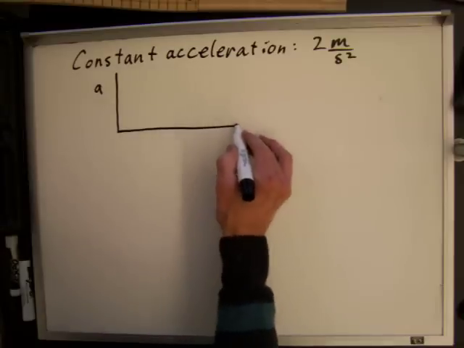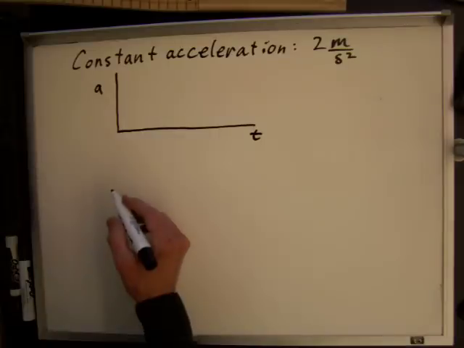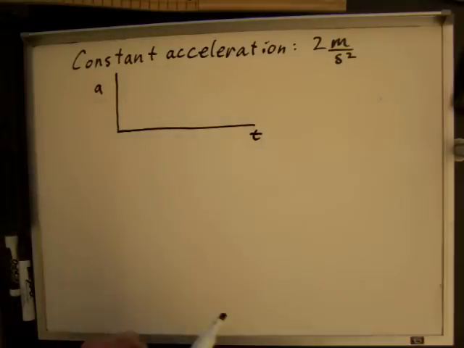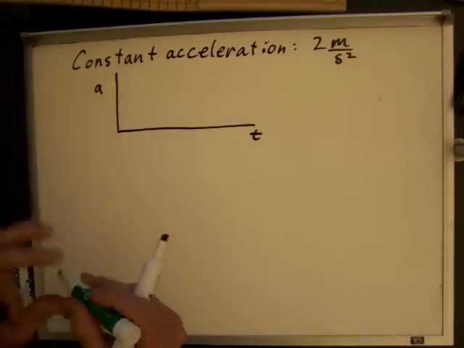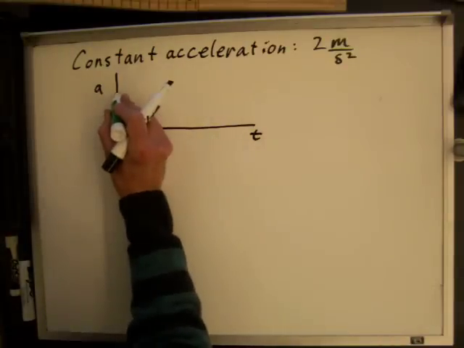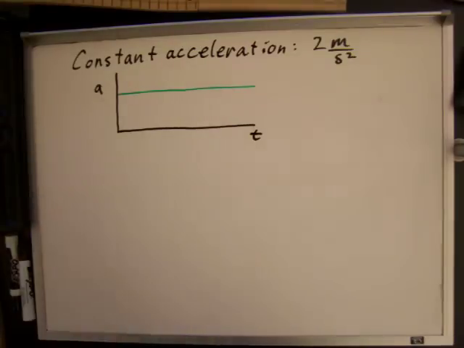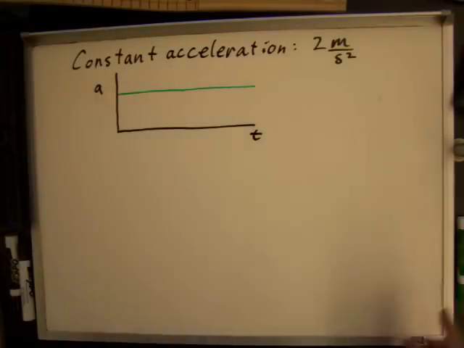This time I'm going to make an acceleration versus time graph. So I'll plot the acceleration versus time. The acceleration is constant. I said it was constant, so it never changes. Now this is the kind of thing you might expect to see if you had, say, a ball rolling down a hill,